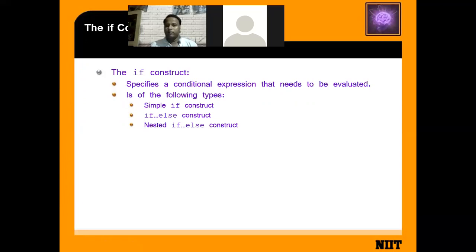Then we have the if and else block. Means the example that I have shown you, find out the greater between the two numbers. First of all, you have to check the condition. If your condition is true, then the statement is executed. If your condition is false, then the else block is executed. Then nested if else.